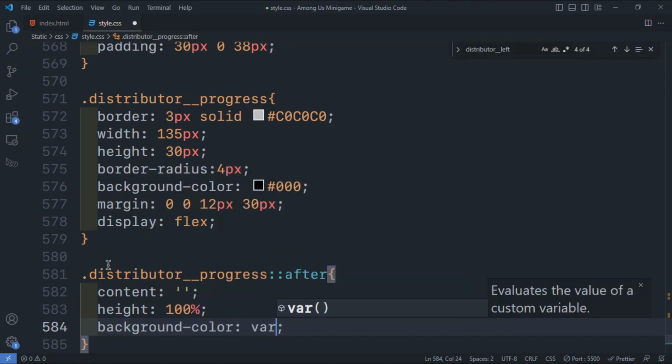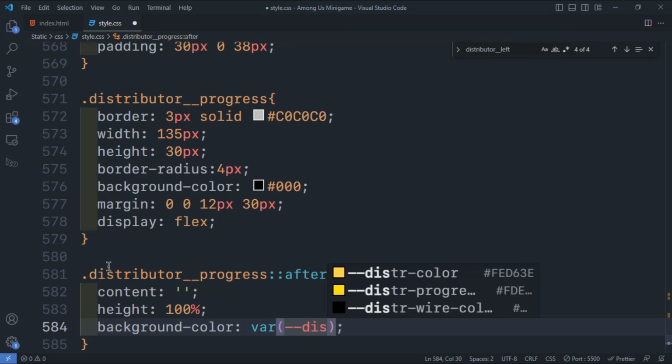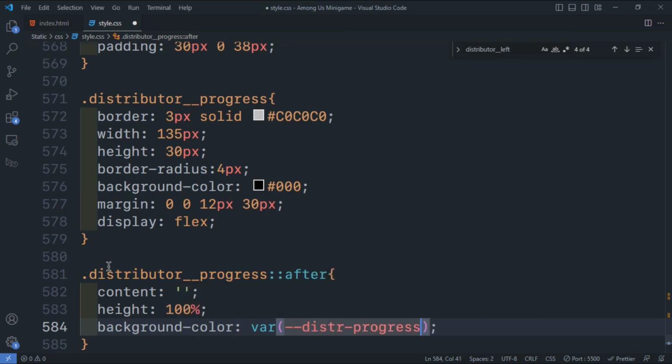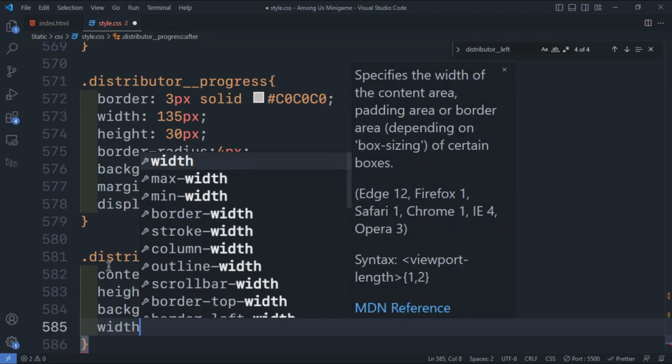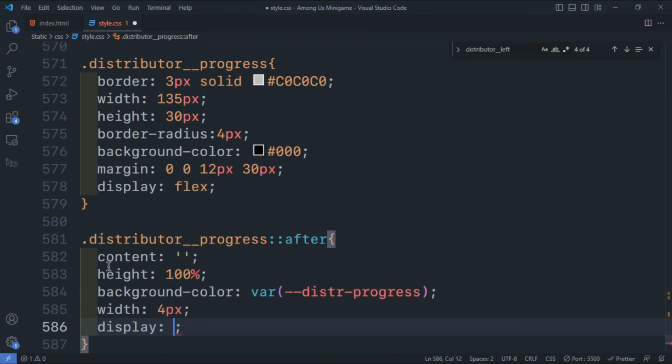Background color will be variable depending on which circle it is next to. So the variable which we will give is dist progress. We'll give it a width of 4 pixels and display type as block,